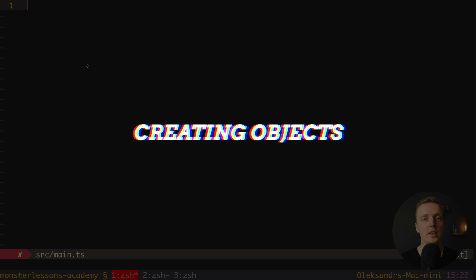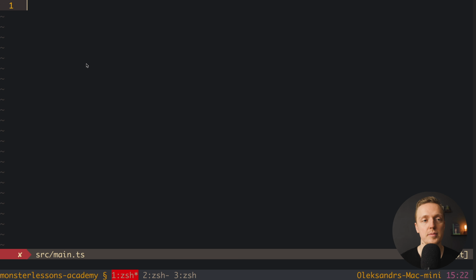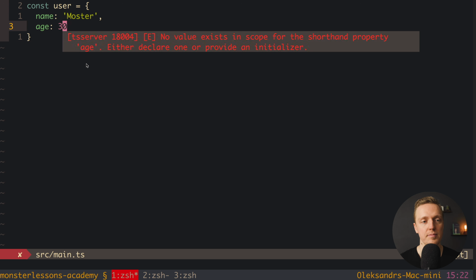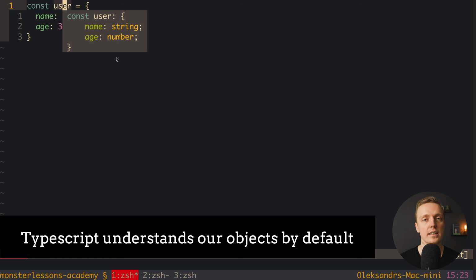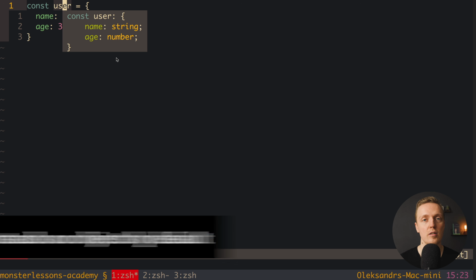So first of all, let's check how we can create objects inside TypeScript. We do it like in JavaScript, we just write const user. For example, we have user with name and age. Here the name will be monster and age 30. And when we highlight our typings, you can see that TypeScript understands everything correctly. Here we have user, which is the name of our variable, and this is the type. So our type is an object. This is why we have brackets here, and inside name string and age number. This means that TypeScript out of the box can read all our properties and understand the object.